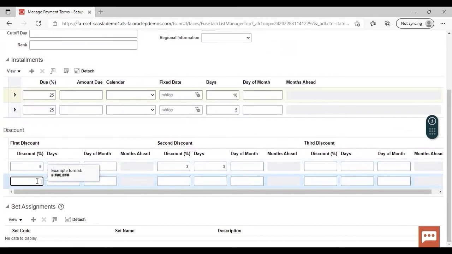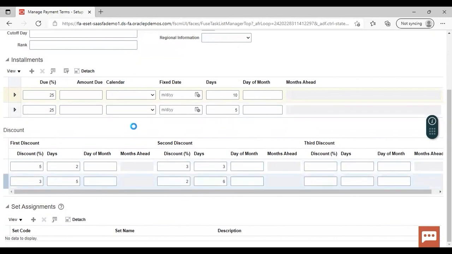If you don't want to, you can just save and close directly without giving this discount level. But I'm giving here 3% discount for 5 days, 2% discount for 6 days, and beyond that, no discount is available.